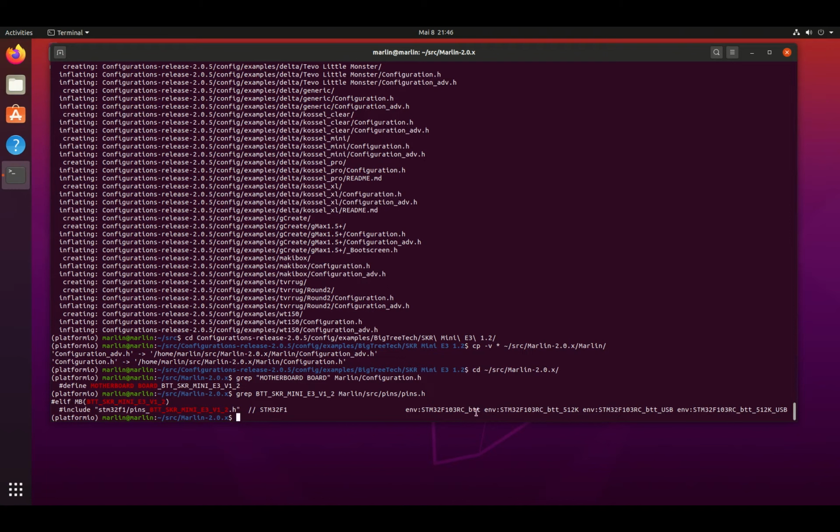We have some options here now, some envs, and one is without everything. One is with 512K instead of the 256K flash. One is with USB, and one is with both. We want to build the one with USB support and the 512K, because even if you have the chip that supposedly only has 256K, it turns out that it has 512 in reality. And so we take that string, which would be this part here, including the S of course, if I may grab it,